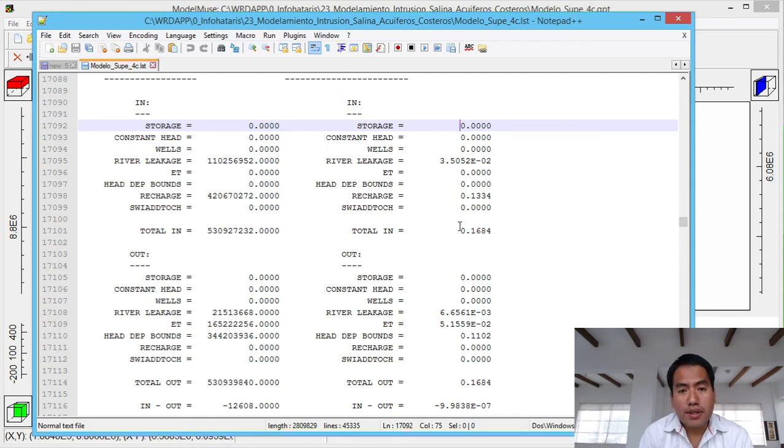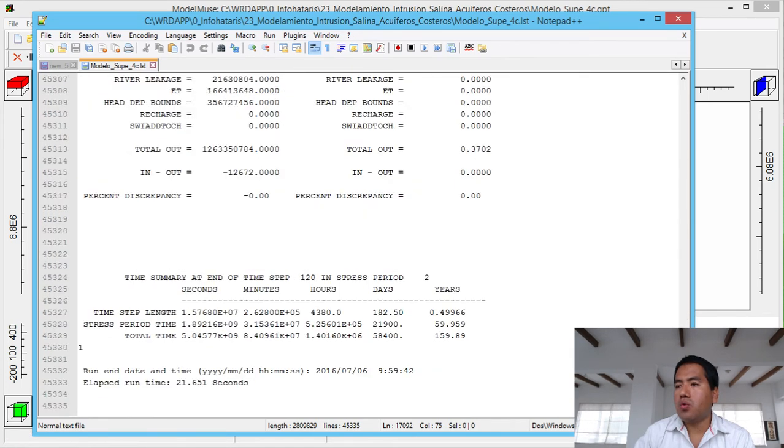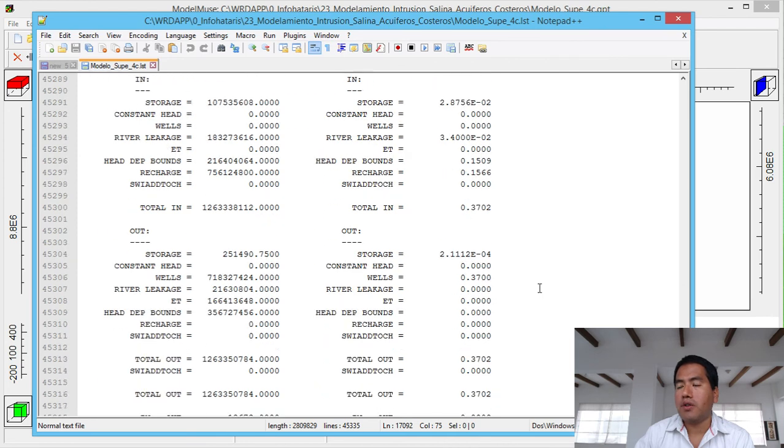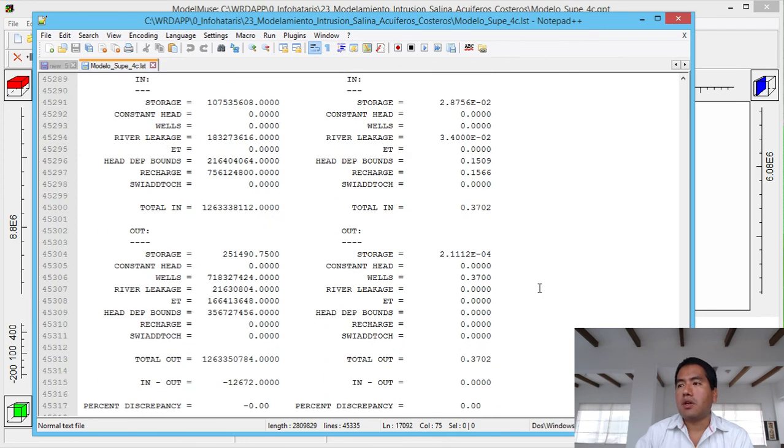And this is very interesting. Why is it very interesting? Because we have evapotranspiration of 50 liters per second, and the seawater is not giving anything to the system; the sea is taking water out of the system. Okay, that's at the beginning. At this time, we don't have any pumping well. Okay, then we go to the end of our pumping, of the 60 years of pumping,